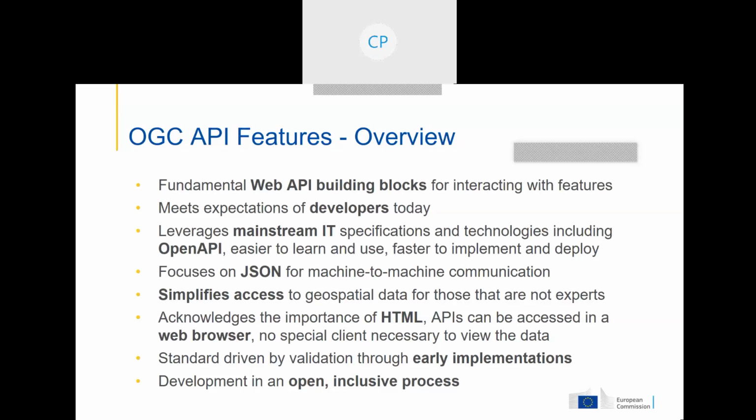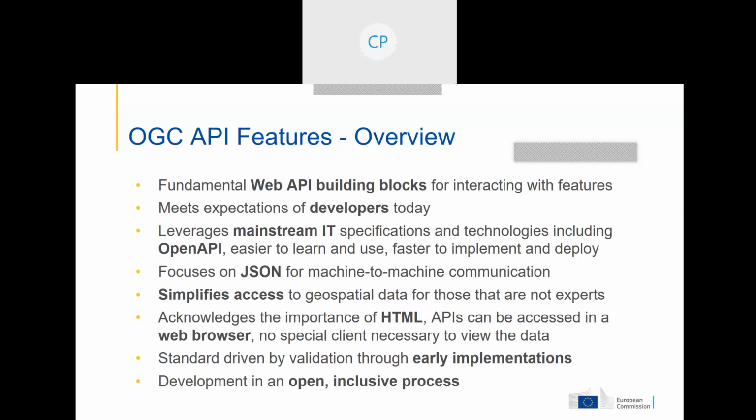That's important. So you don't really need to install your GIS client first to look at a data set. You can use any web browser and look at the data. That's a big advantage, and then also it opens up things to search engines, etc.